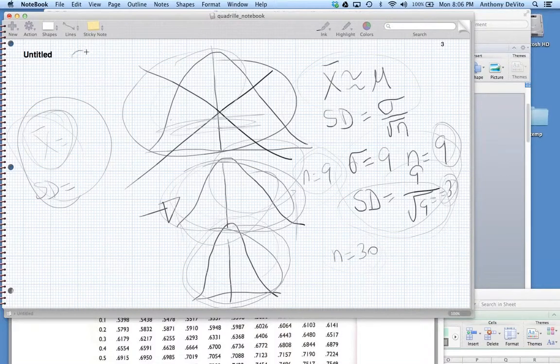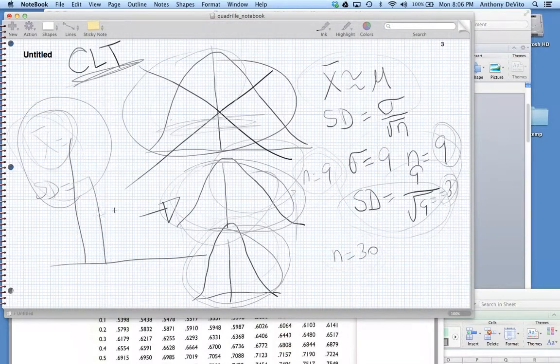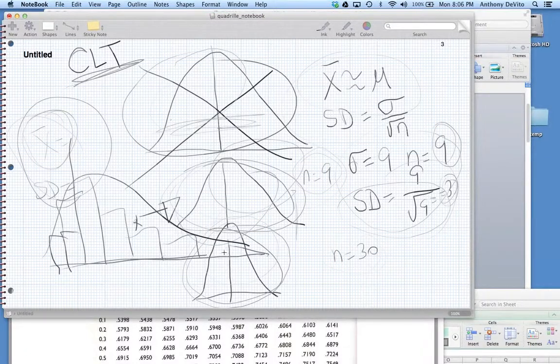The other thing that's interesting about this, which I'm going to abbreviate here as central limit theorem, is that let's say we have a population that is skewed, like, let's say it looks something like this. It's skewed to the right. That's what the population looks like. Well, when we take a sample from that population, we're going to blindly pick a person from somewhere in this population, let's say right there. And we're going to go back and blindly take another sample from there, and from there, and so on and so forth.